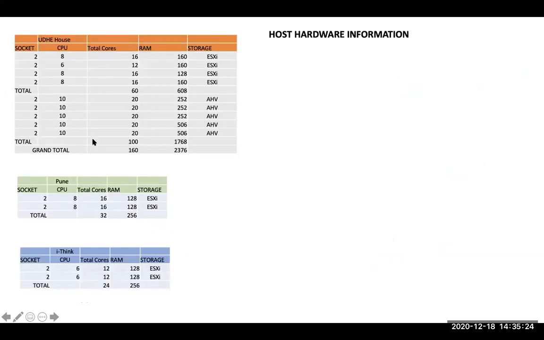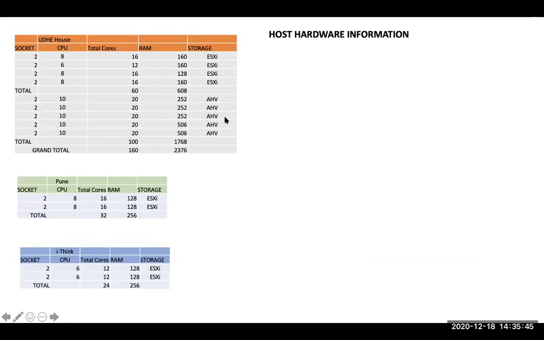Now talking about the host information, this is the hardware information of your clusters. This is ESXi, this is AHV for UDHE house, this is the Pune one, which is on ESXi, and this one is also on ESXi.